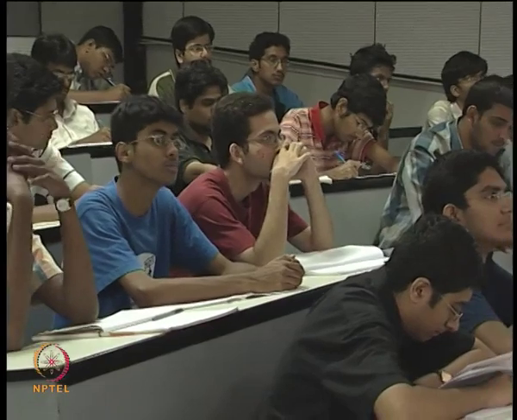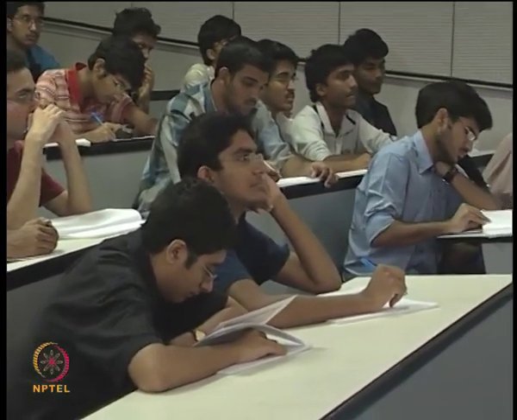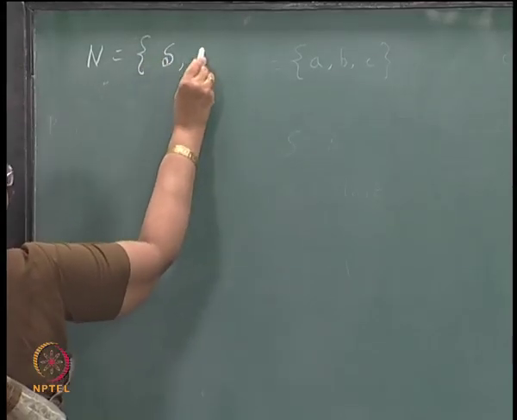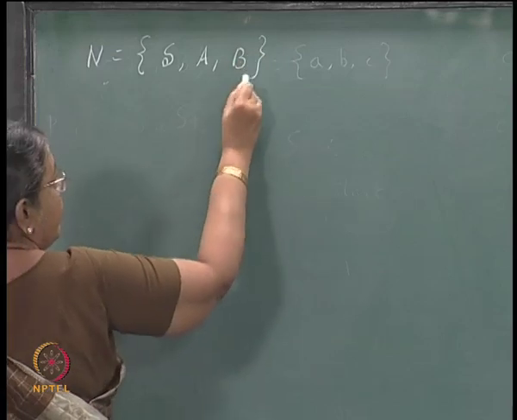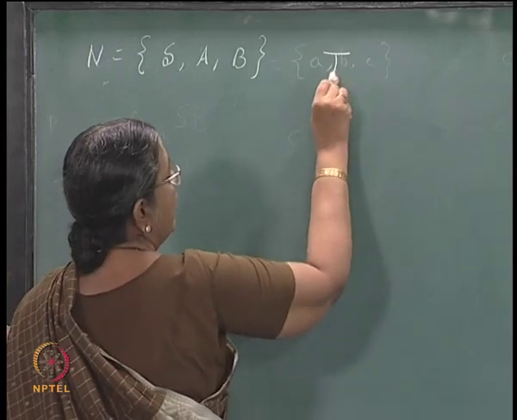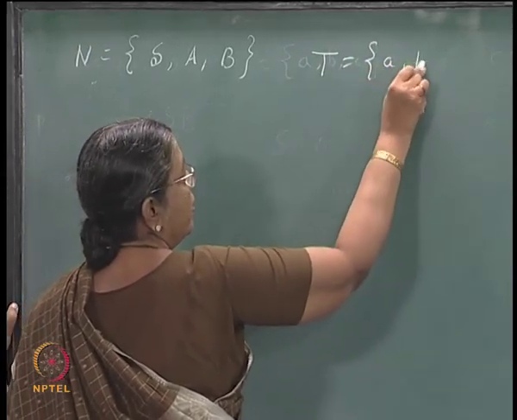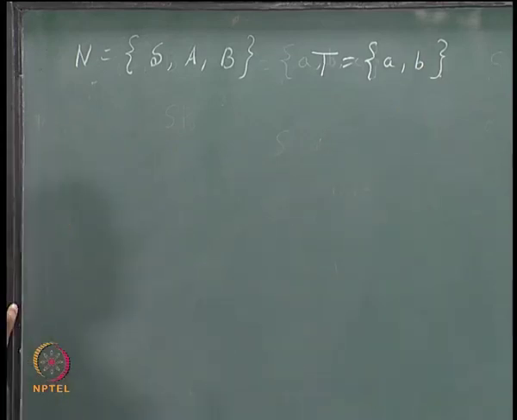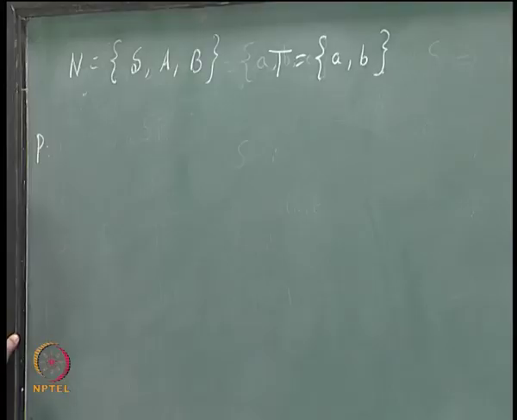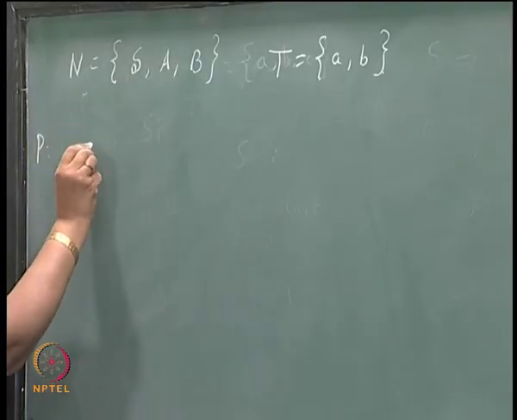So, let us consider one more example. The non-terminals, there are 3 non-terminals now. Another grammar we will consider. This is of type 2. The terminal symbols are A and B. There are 8 productions. S is the start symbol, and the production rules are